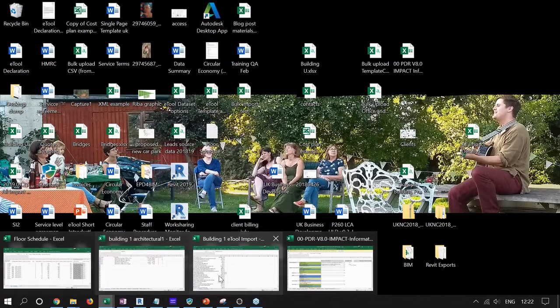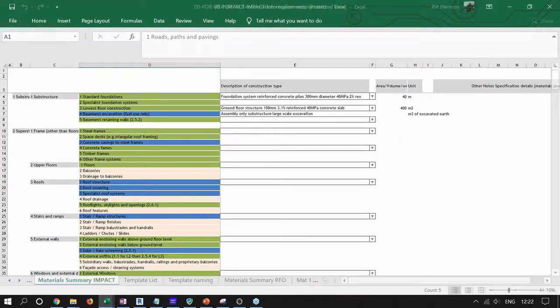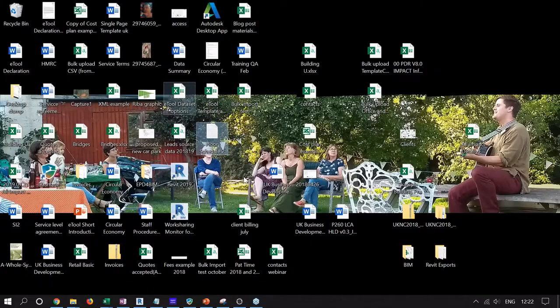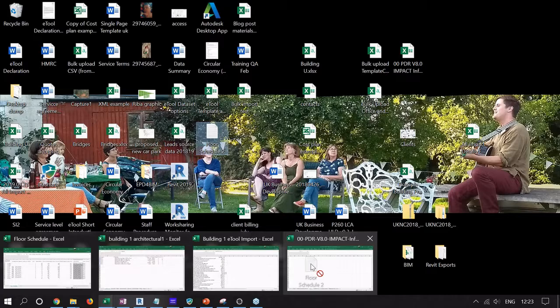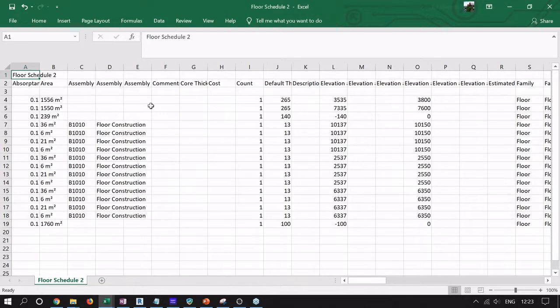Just pull up this one, maybe it will drop it into a new tab here. And we see that's looking a bit more useful now. And what it's the case of doing